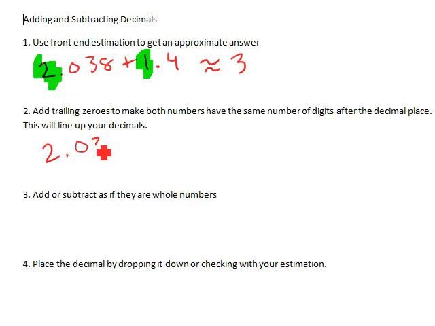So add trailing zeros. Now this is my next step. Add trailing zeros until I have the same number of digits after the decimal place. So I'm going to have 2.038. That has 3 digits after the decimal place. I have to make this one have 3 digits. And I'm going to change it into 1.4, and I'm going to add some trailing zeros. How many? 1, 2. Now I'm going to add or subtract as if they were whole numbers. I'm going to simply